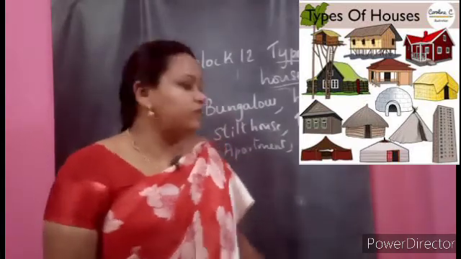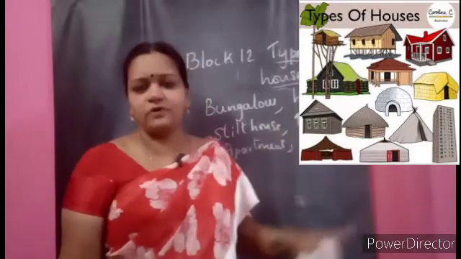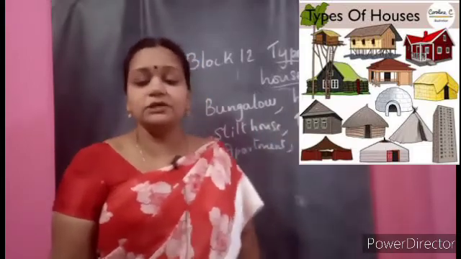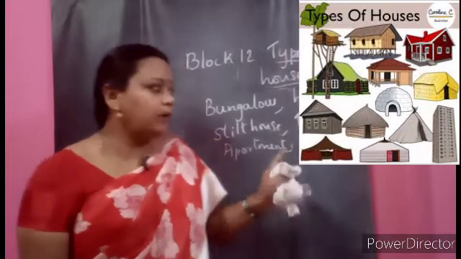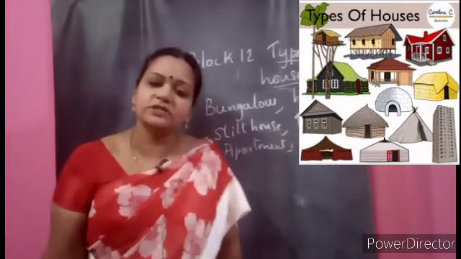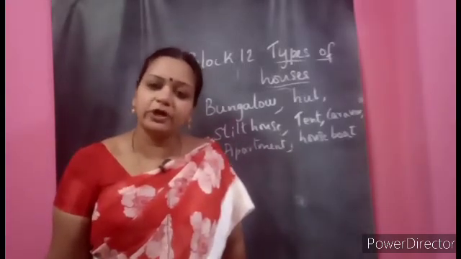So they have to live in the houseboat. Like the different types of houses are there. Each house is having one special thing. But what is common among all the houses, children? All of them will give protection